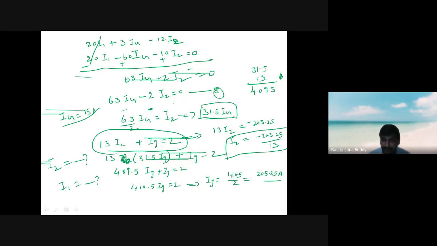This is a way we can follow and apply in all cases, in any Kirchhoff's law problems. Whichever problem comes, we have to approach it in this way. When you follow this approach, then we can easily achieve the results. But you need patience in current electricity initially. Once you get an idea, then automatically you will get into it, and you will get the results easily. Okay, that's not a big problem for us.